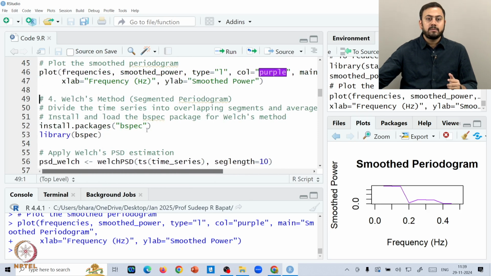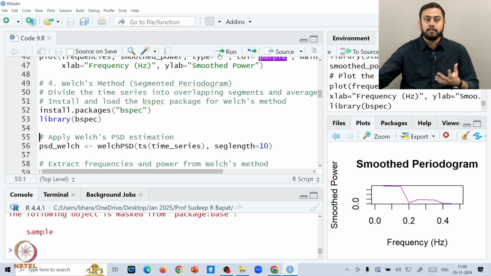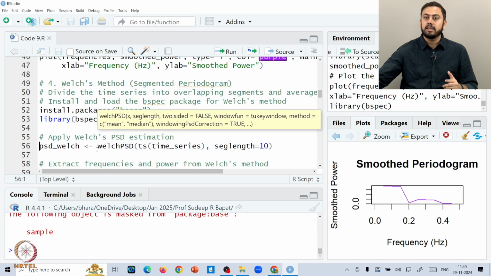Okay. So, for this you require a slightly different package called bspec. So, make sure you install bspec, and since I have already installed it, I will not run this command again, I will simply run line 53, which is library on bspec, just to bring the bspec package inside the R environment. And once you have installed the bspec package and applied the library command on bspec, now I can simply apply the Welch's PSD estimation. PSD is nothing but power spectral density. So, PSD underscore Welch is the name we are giving it, and this is the inbuilt command in the bspec package, Welch PSD in capital letters. So, Welch PSD applied on